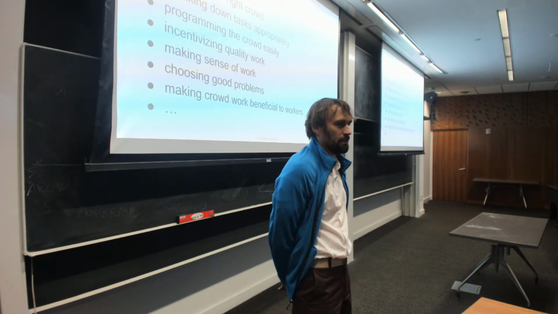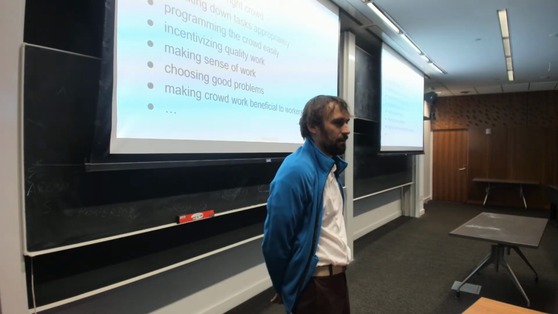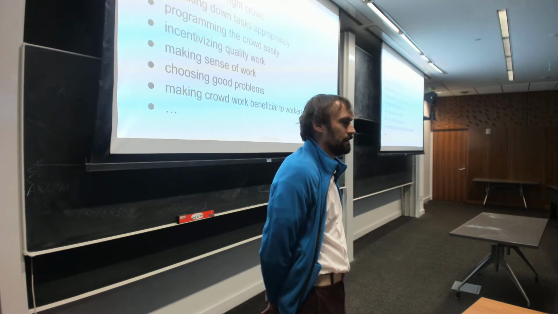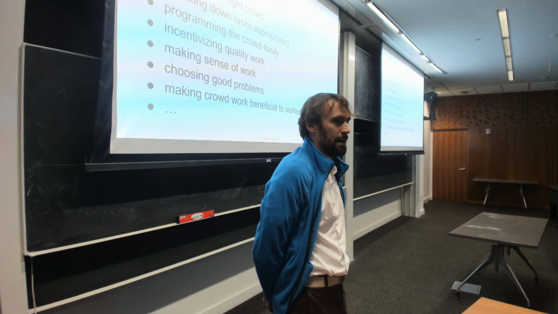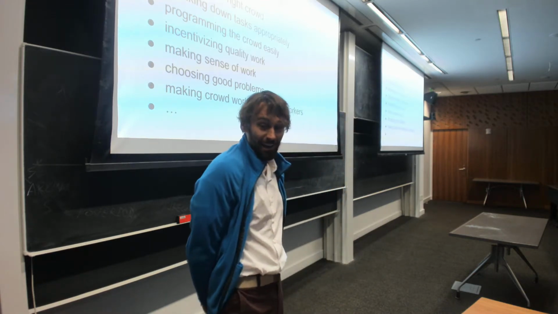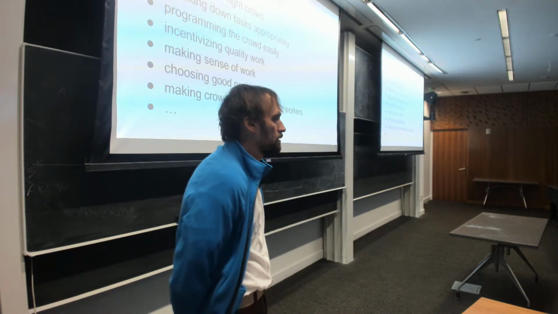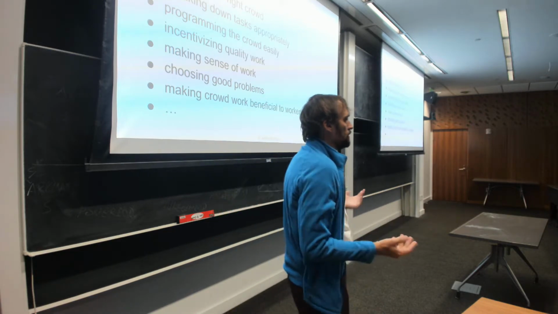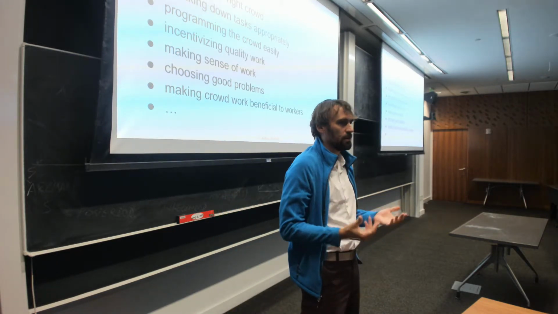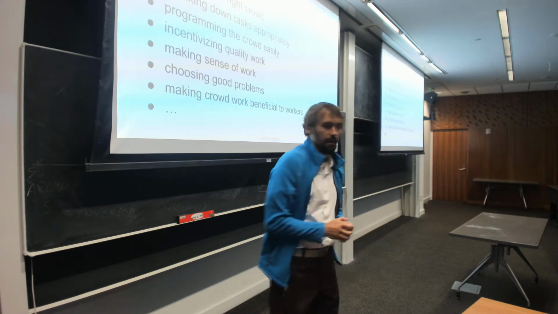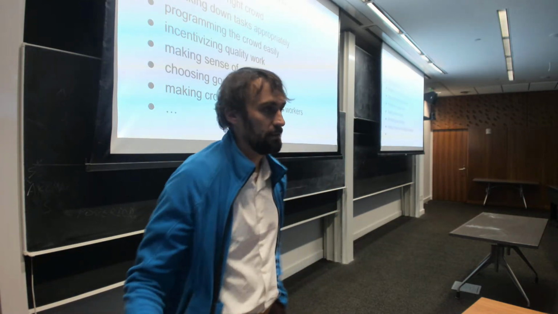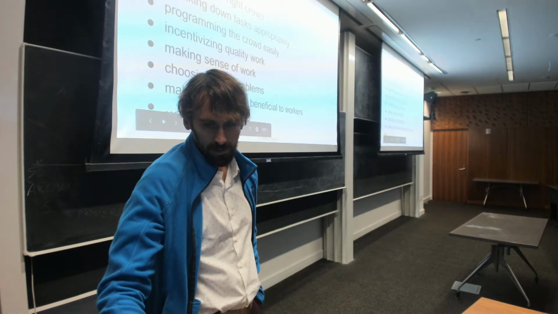There's a joke: the hardest problem in computer science is people, and the second hardest problem is convincing people that the hardest problem is people. Once you involve people in this process, it's much less predictable. So is the work going to be good? How do you make sure that you get quality work back? There are a lot of different ways that we can think about that, which we'll talk about.